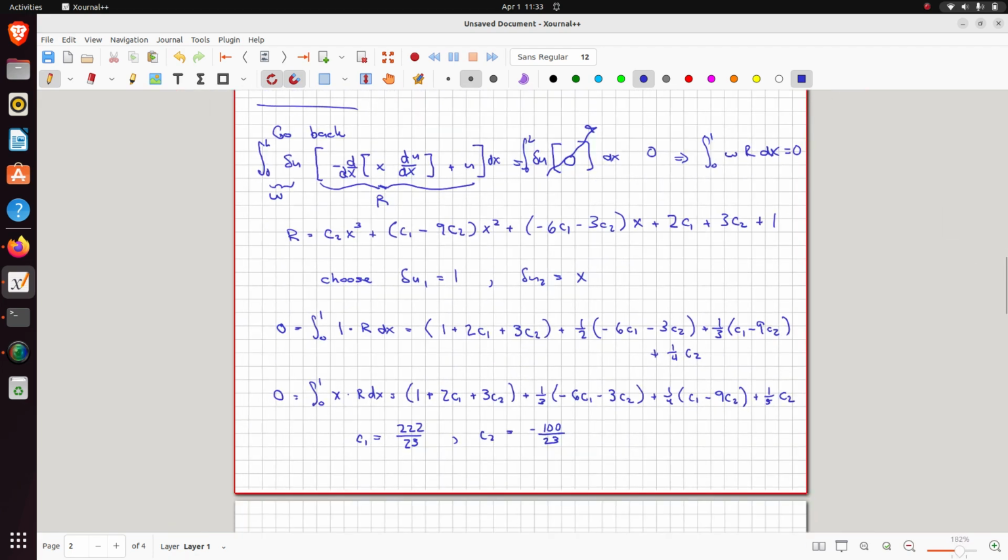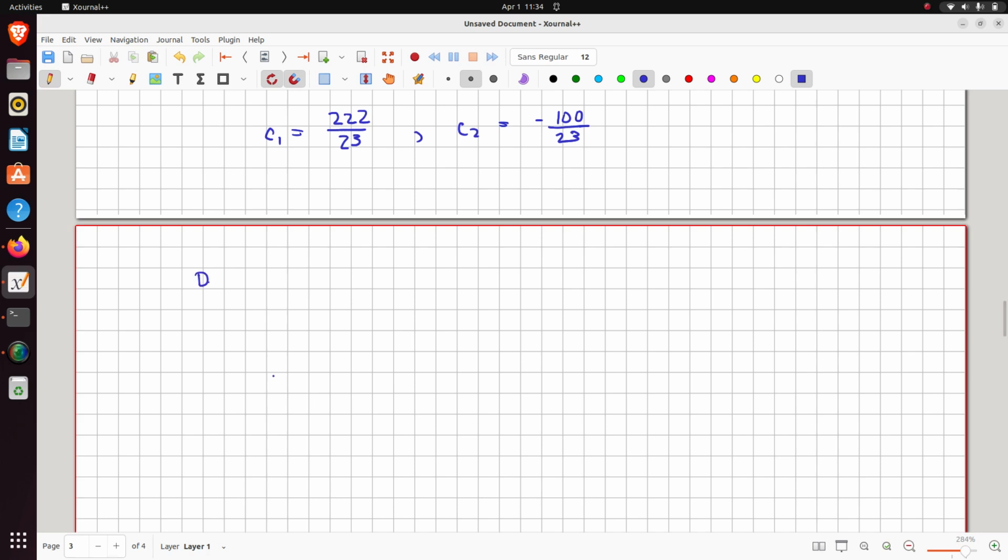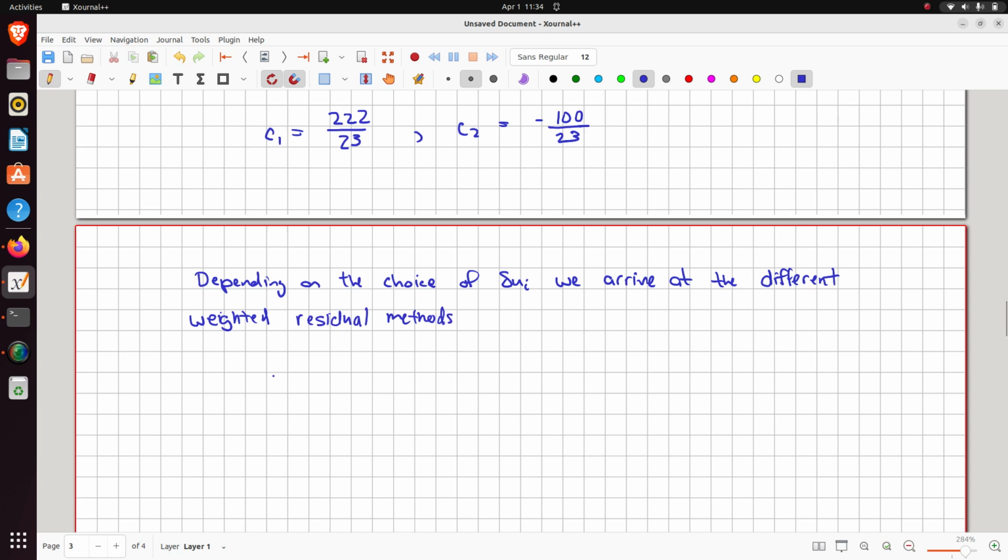So that was an example of a weighted residual method. So let's talk a little bit more about the types of weighted residual methods, depending on the choice of del ui. So I'll just say also,